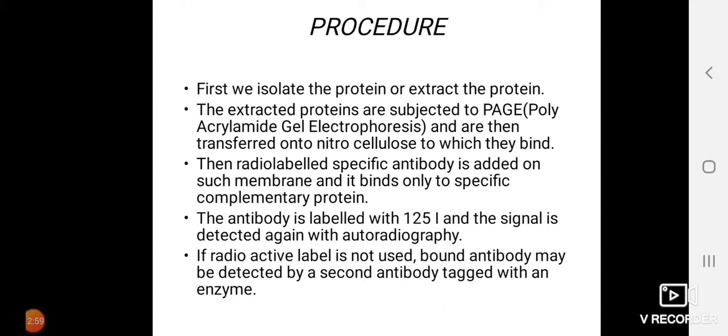Now in order to check whether the protein of interest is present and how much of it is present, we can use this method where this particular antibody can be labeled before adding onto the membrane. They're going to label this particular antibody by using enzymes, or it can be labeled with fluorescence, or even with a